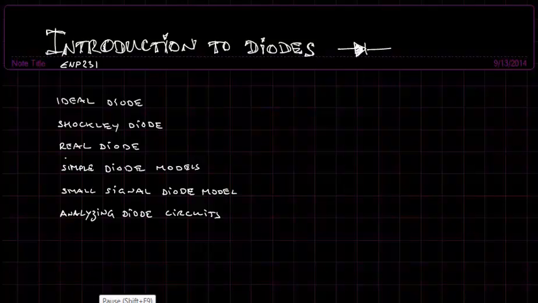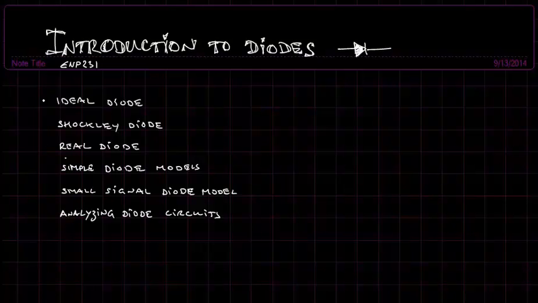In this lecture series we're going to be talking about diodes. This is a basic introduction to diodes in the context of a first circuits or electronics course that might be taken the sophomore year of an undergraduate engineering program. So we're not going to really talk about the semiconductor physics of diodes. We're just going to look at how the diode behaves at its terminal characteristics, the current-voltage relationship,